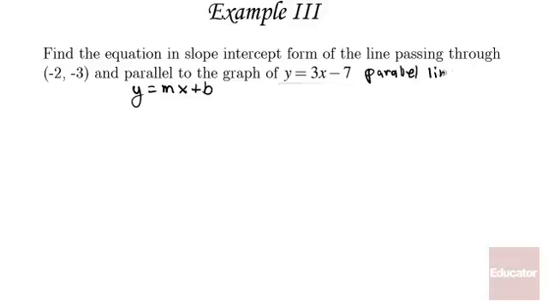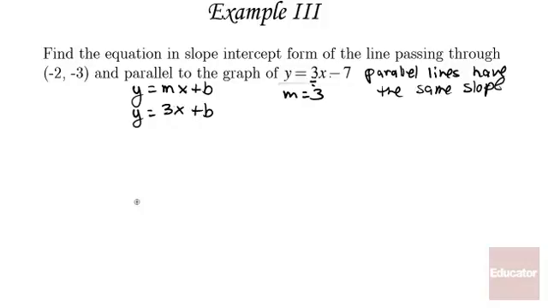Parallel lines have the same slope. So if I know this slope, I know the slope for the line I'm looking for an equation of. Well, this is in slope-intercept form. Therefore, y equals mx plus b. So I have the slope. The slope of this line is 3, and the slope of the parallel line, which is my line, is also 3. So now I've got y equals 3x plus b, and in order to fully have this in slope-intercept form,